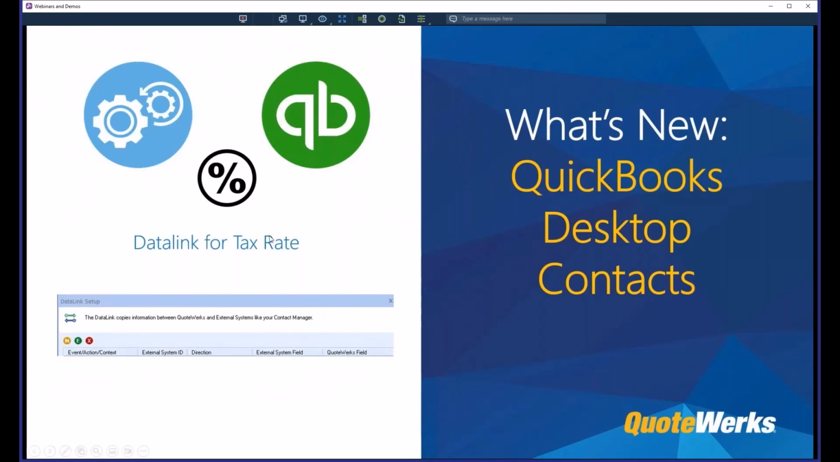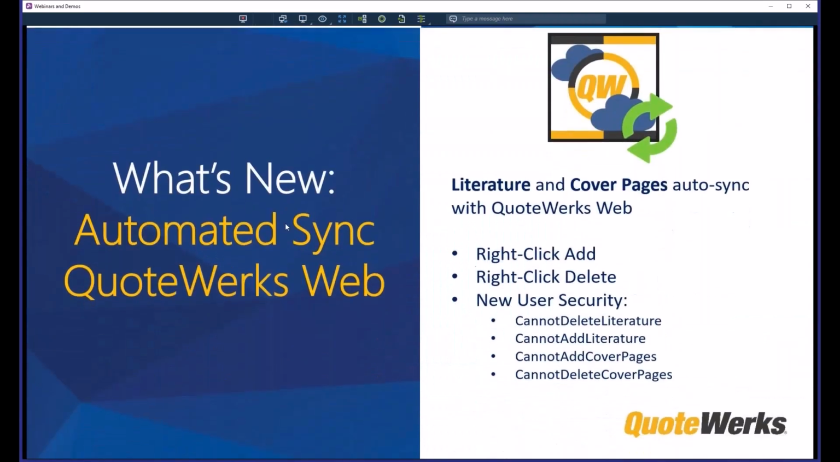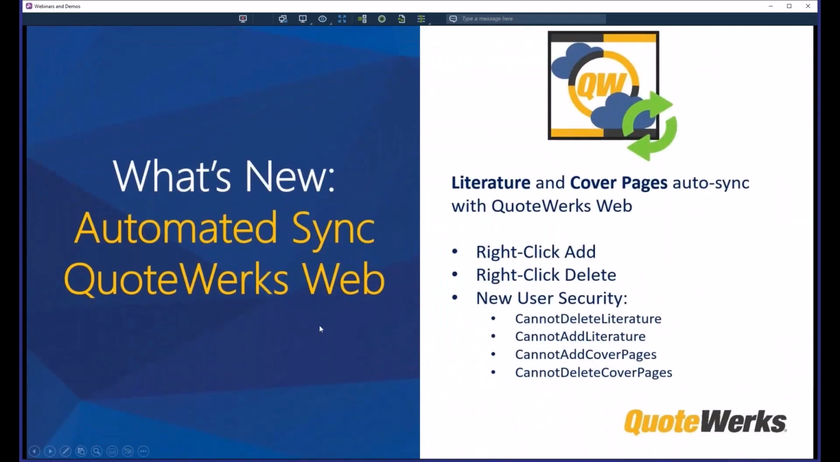For QuoteWerks web users, we added a more automated sync with QuoteWerks web. So we've had the ability to click on a button and sync, but now if you are adding literature or cover pages, that will auto sync with QuoteWerks web. You don't have to click any additional buttons. You add it in QuoteWerks Desktop, it'll be up in QuoteWerks web, and we'll show how that works and how easy that is. But basically all it is just a right-click add, right-click delete,